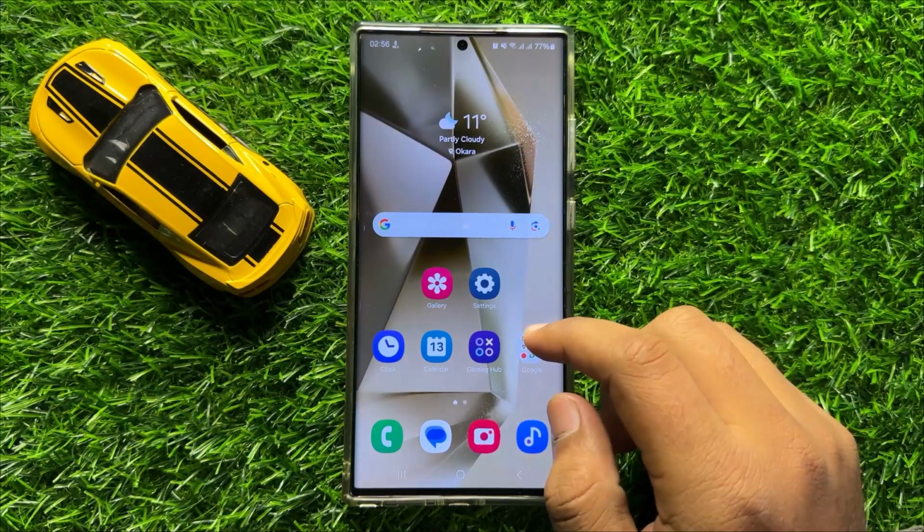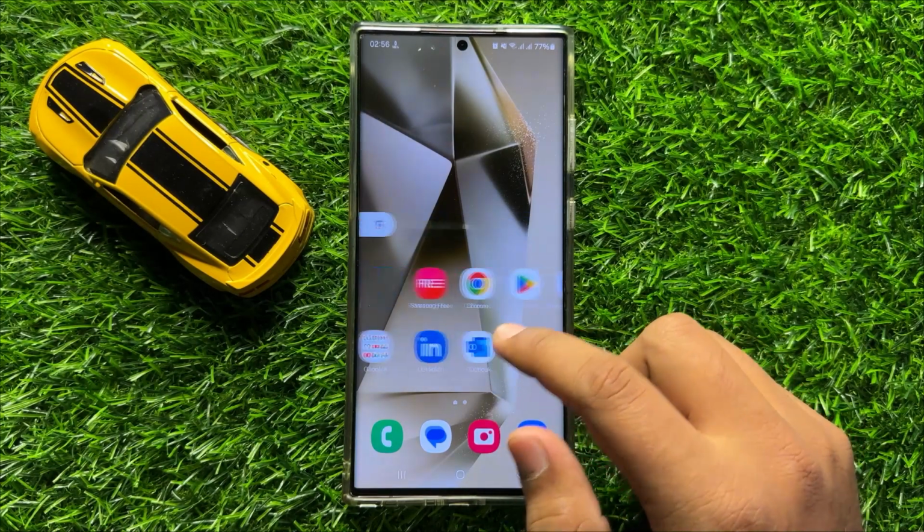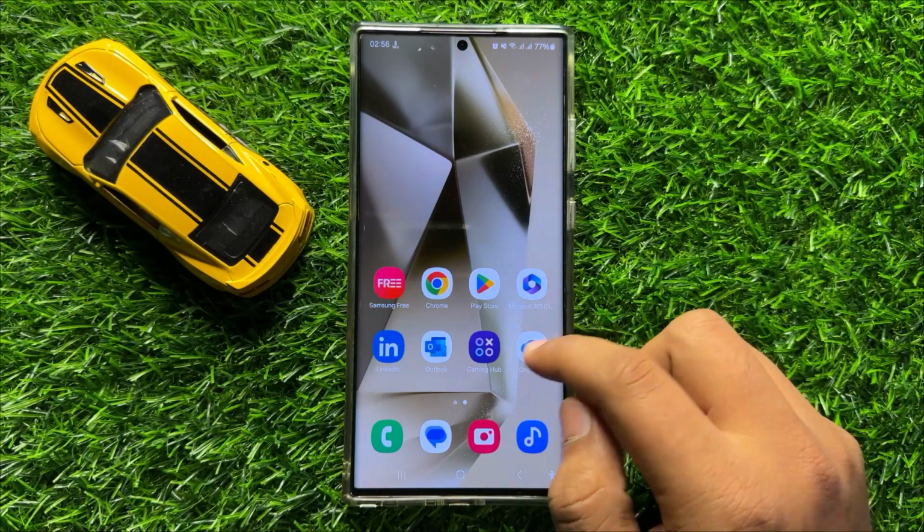Hello everyone, in this video I will show you how to fix the display black and white issue on Samsung